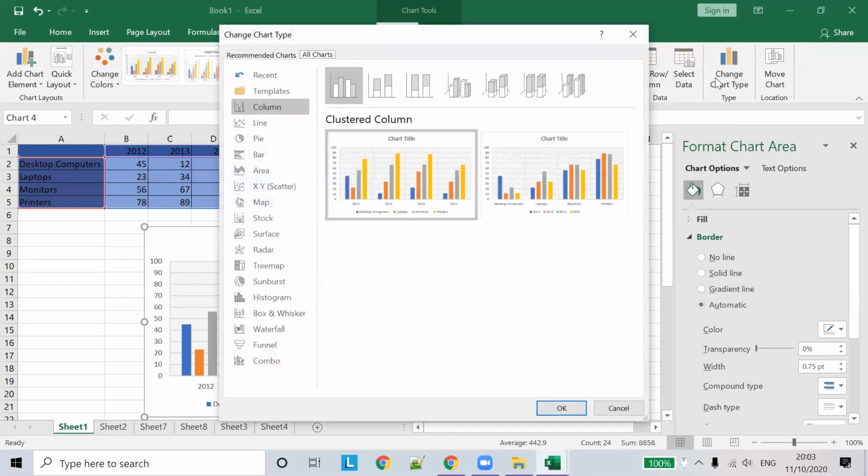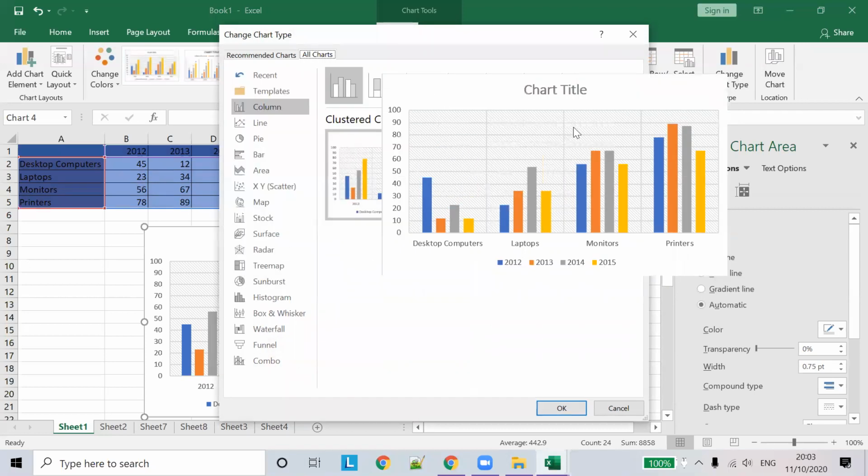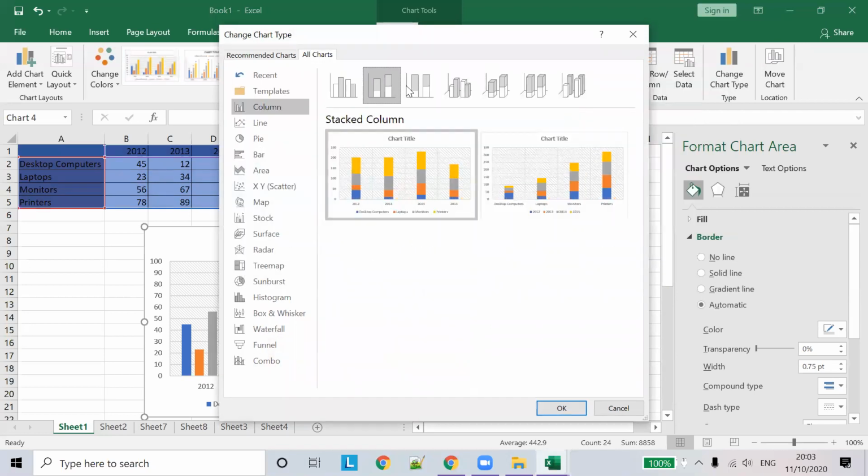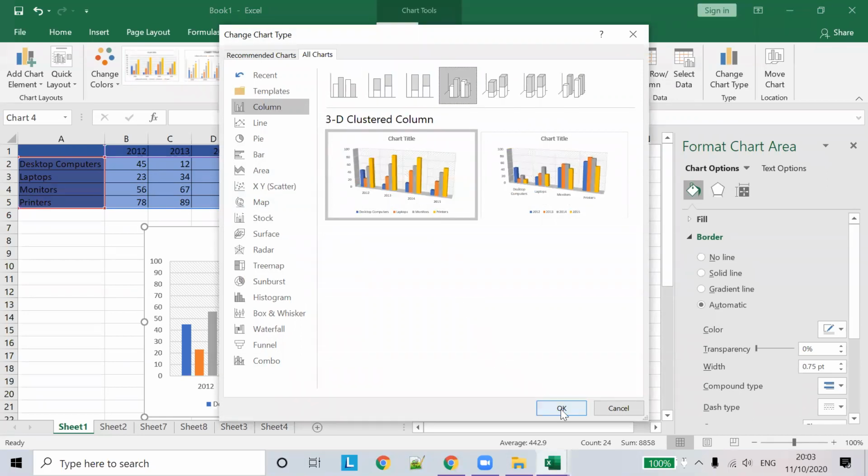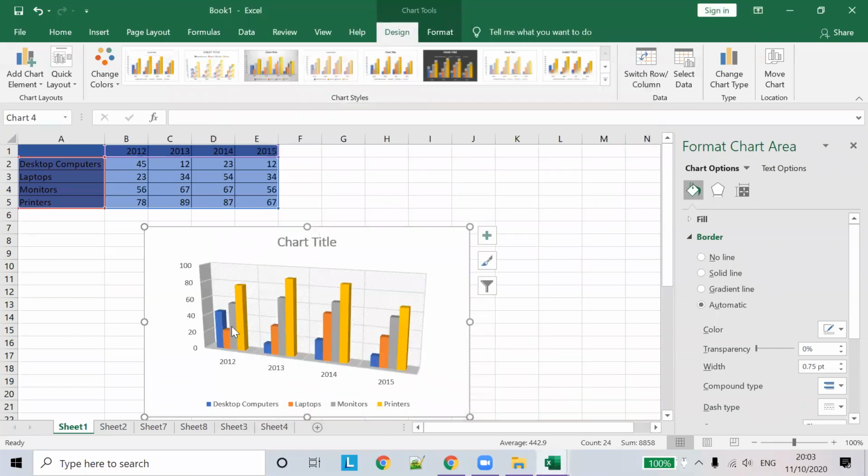And also we saw how to change the chart types. We have different chart types like column, line, pie, and all those. We have so many samples, so here we can choose different chart types. Let's create a 3D chart. Click on OK. So now a different type of 3D chart is displayed. So this is the option to select the chart type.